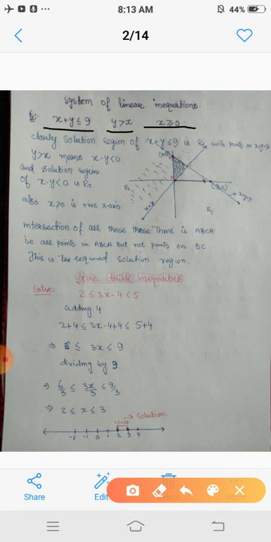Now we will find the solution region of these three inequalities. For x plus y less than or equal to 9, we draw the graph of x plus y equals 9. That is the straight line x plus y equals 9. Clearly this region R1, the region below this line, is the solution region, as well as the points on this line, because you can check it